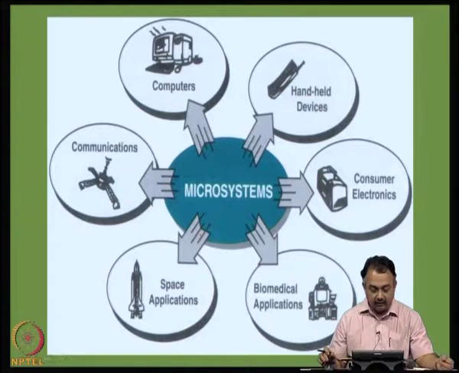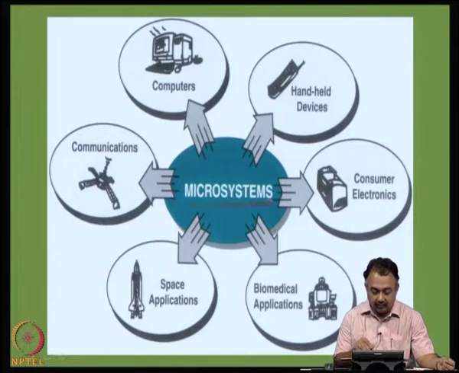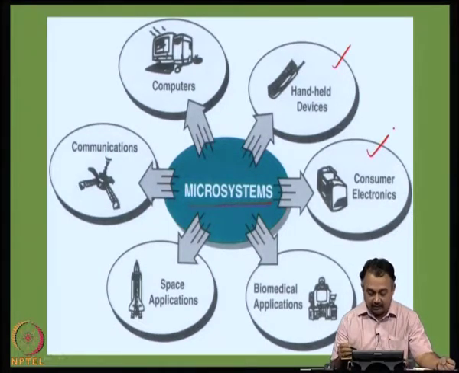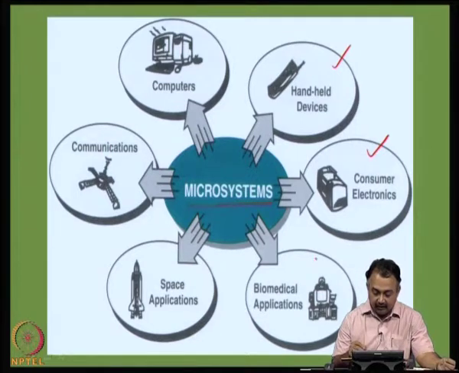So, if you look at this figure, at the center we have what is known as the microsystems. So, most of the miniaturized products will fall under this category, microsystems. Then we have a majority of the market applications, that is in handheld devices area. Consumer electronics also occupy a major portion in the global market, whereas biomedical applications are very few, but today gaining great importance because of the precision that is required in the packaging and the reliability that is required